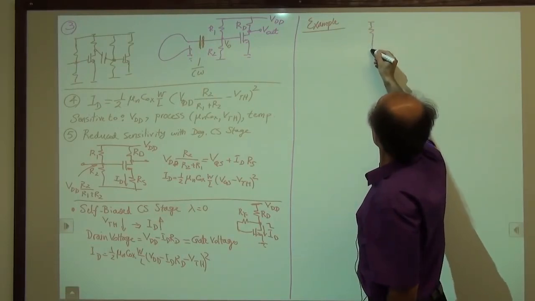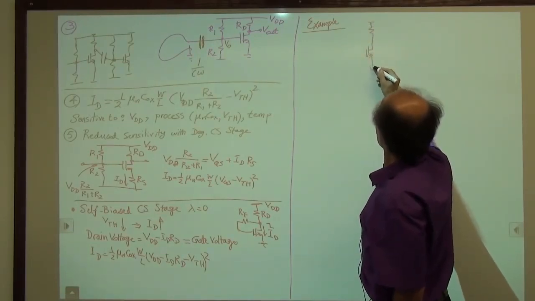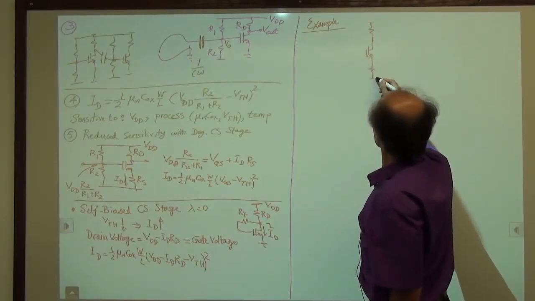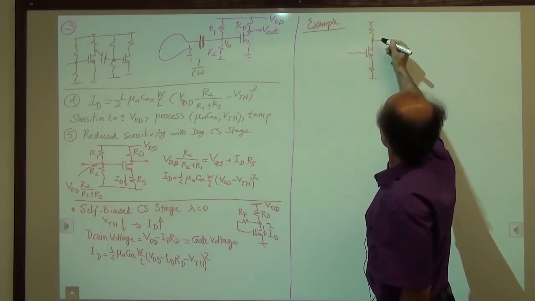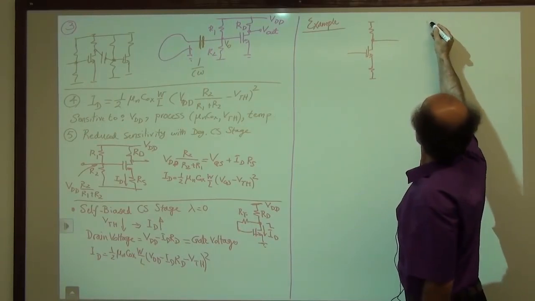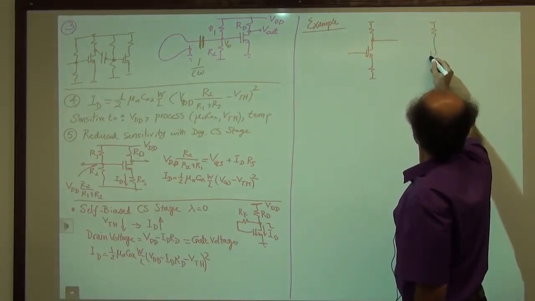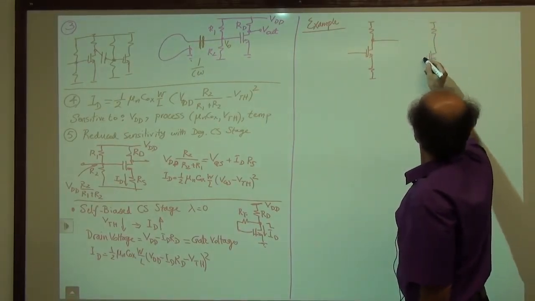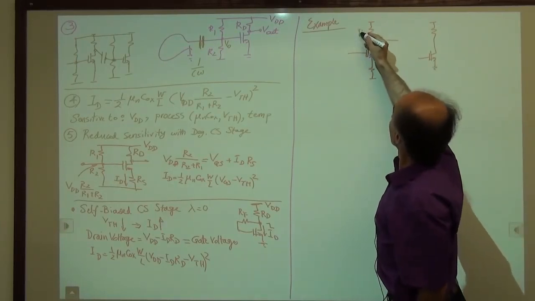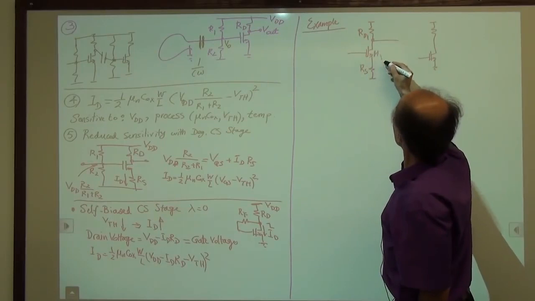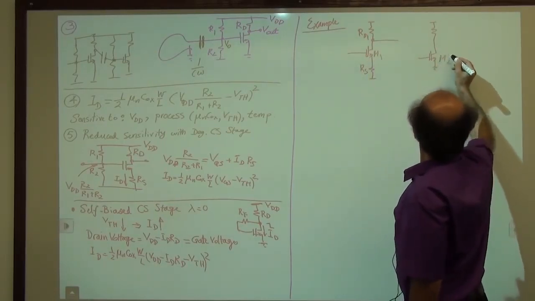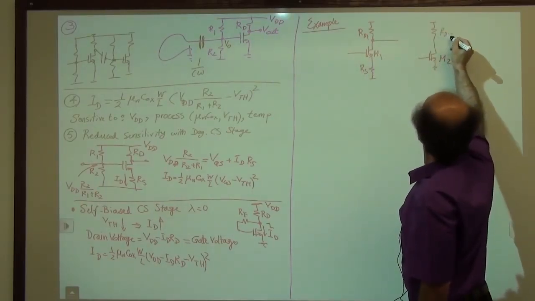We have a common source stage like this, and then we have another common source stage like this. So RD1, RS, M1, M2, RD2,